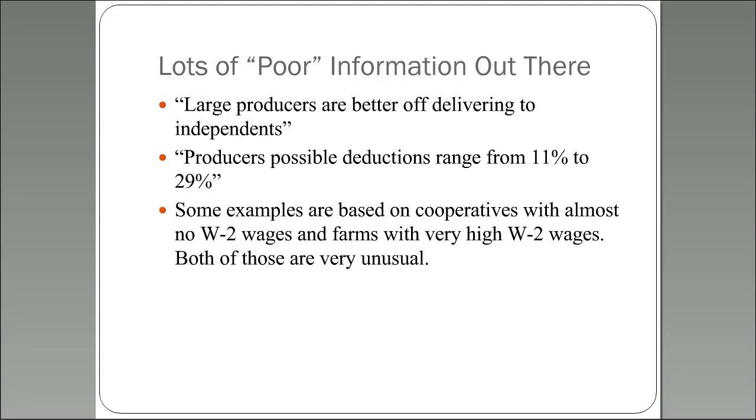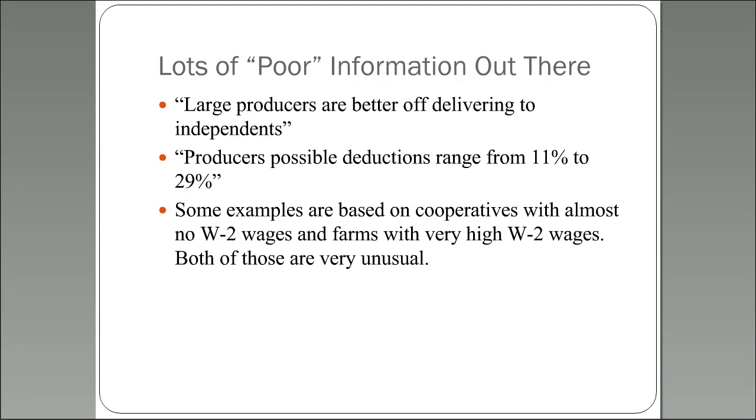Some people say, well, the producer's deduction ranges from 11% to 29%. Well, the 11% could be true. The very worst case is that you get it reduced the full 9%. But the 29% is really not true, because, again, even with the full 9% for the cooperative, there's no telling how that relates to a percentage of the producer's income. These numbers are calculated on different bases, and so it's not as simple as saying we've got it bracketed between 11% and some unknown upside.